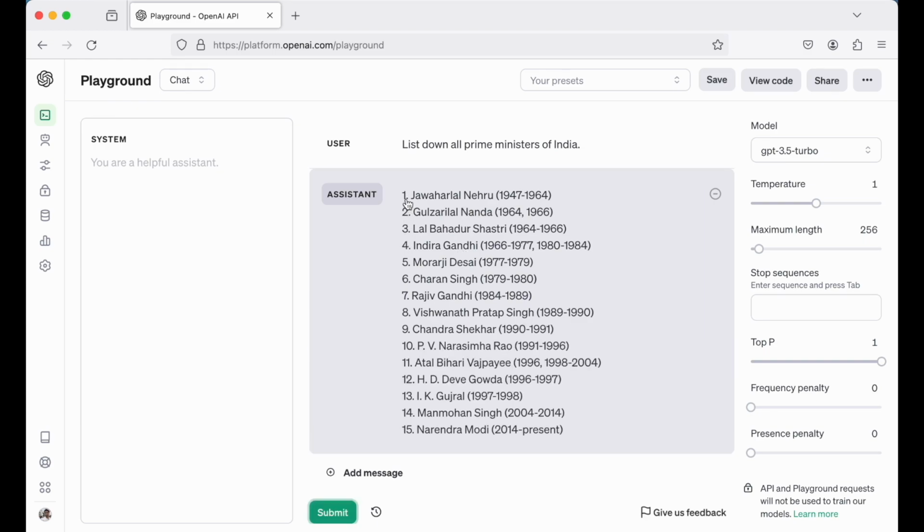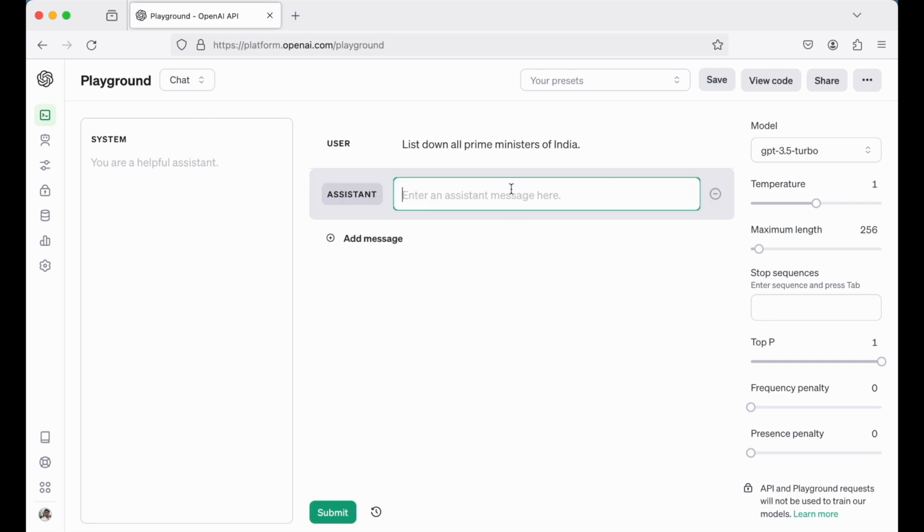This is how it is giving the response. This sequencing it has given me like 1, 2, 3. Let's suppose I do not want the sequencing in this 1, 2, 3 format. Rather, I want it in the A, B, C, D format. Using this assistant option, I can give one example where I will write something like this. Let me copy this first one, and I will clear this up first, and I am giving one example in this assistant one. I will write it here, and I will say A, and let's suppose I want to get the output in this format, A, B, C, D, like this. So I have given one example.